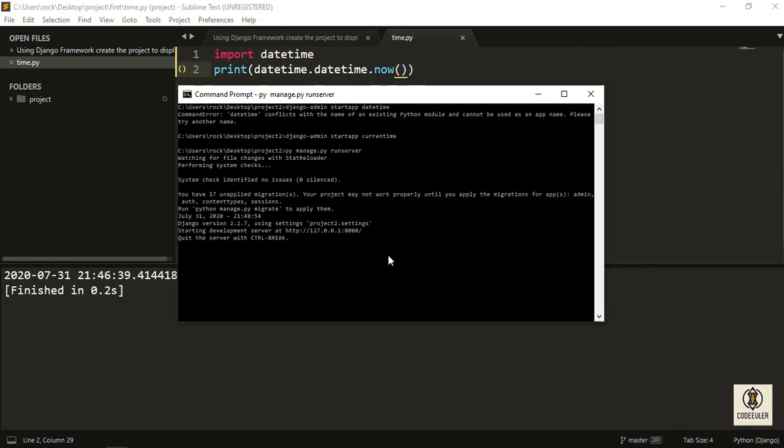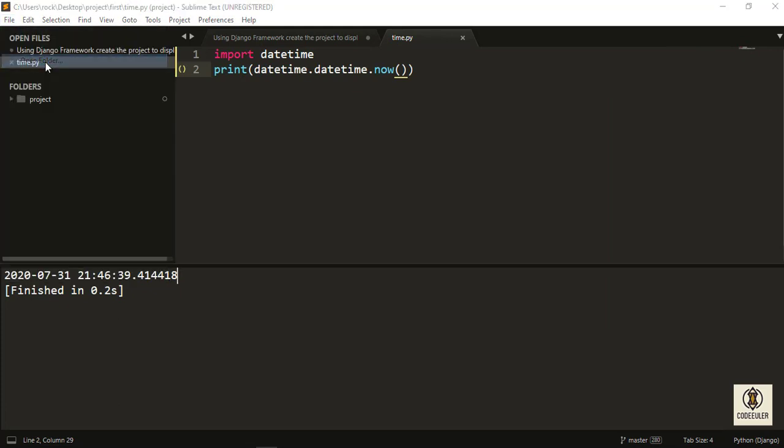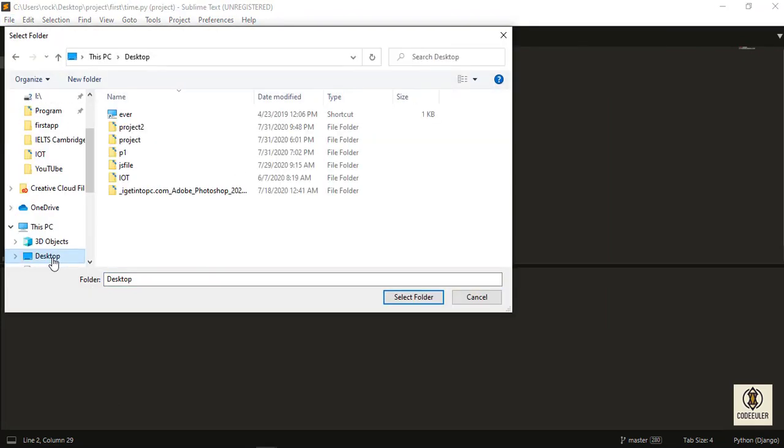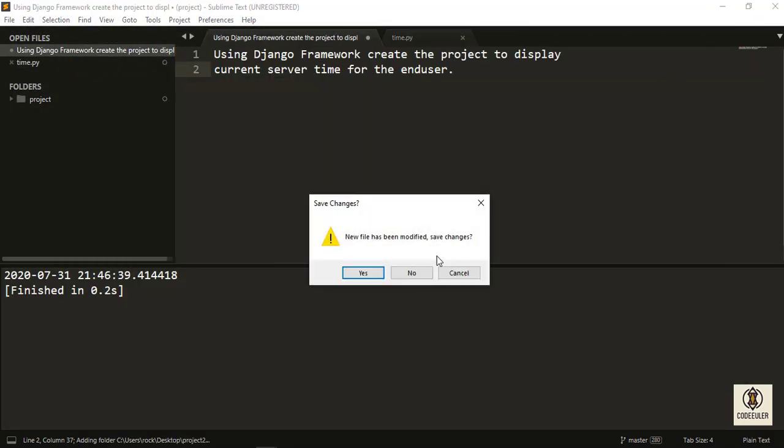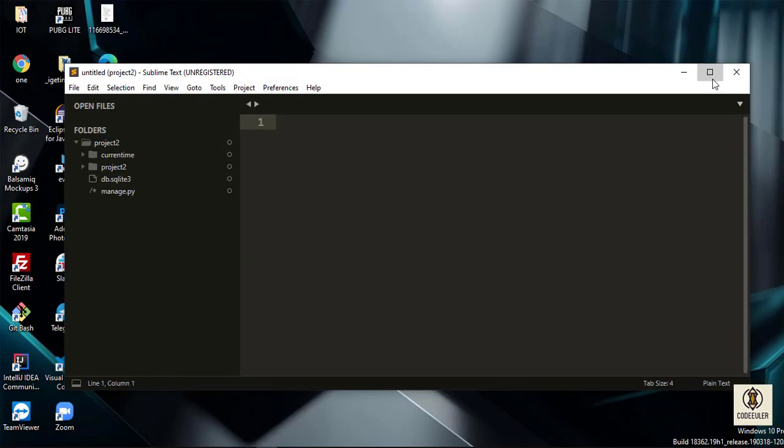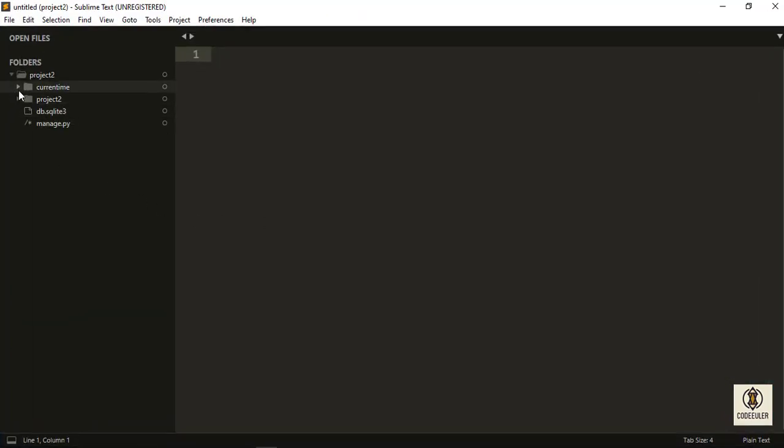Now I'd like to run my server. It is running fine. Now I'd like to open the project folder which I have created inside the desktop, the name happened to be project2. Inside project2 I have created one application with the name current time.